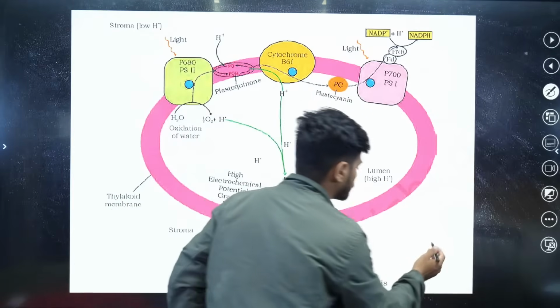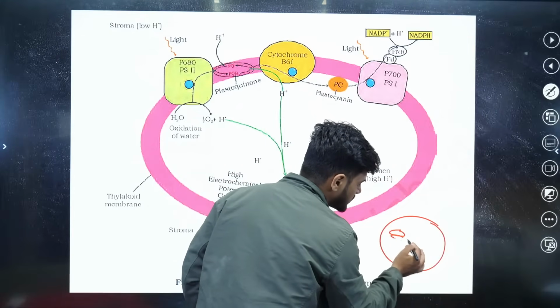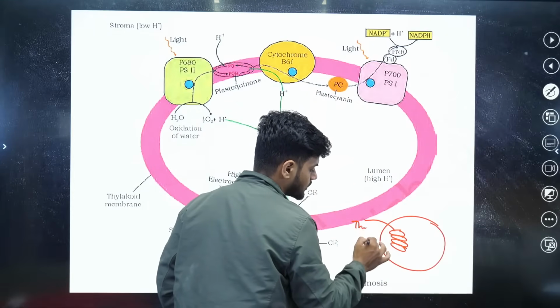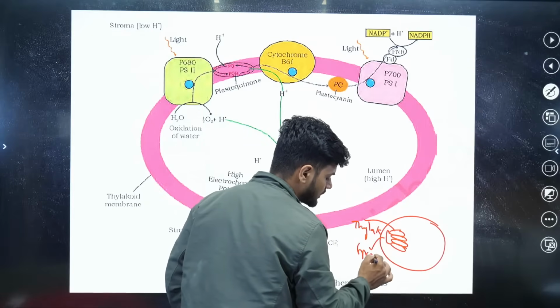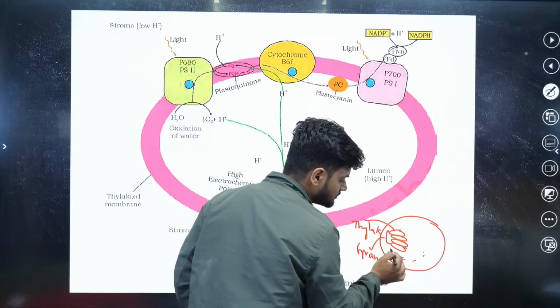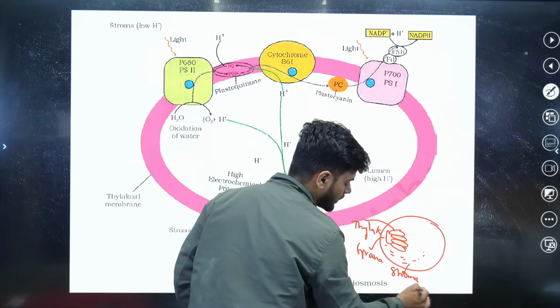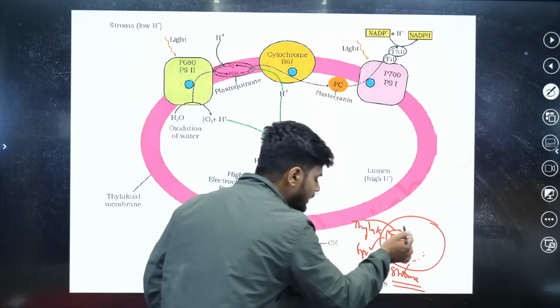And if you know the structure of chloroplast, this is the structure of chloroplast. We have some coin-like structures called thylakoids. The entire stack is called grana, and this matrix here is called stroma. Stroma. Now, if you take one thylakoid,